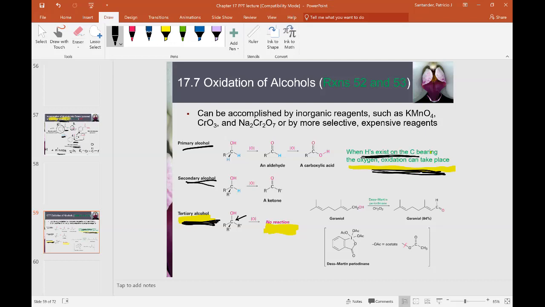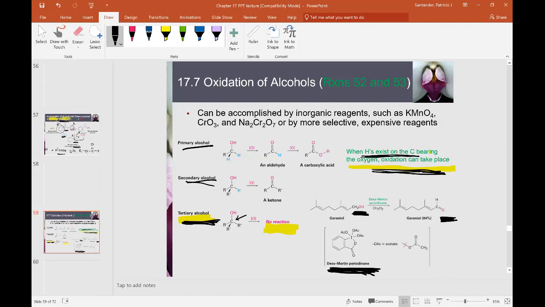Then there is another reagent that allows you to do a similar thing, but the beauty of this reagent, called the Dess-Martin periodinane, is that it allows you to stop at the level of the aldehyde. And so here you have the case of a primary alcohol, geraniol, that when you use this reagent, the Dess-Martin periodinane, it will allow you to stop at the level of the